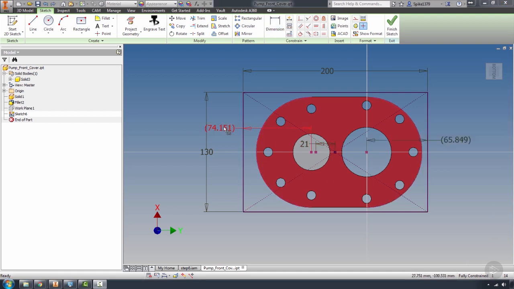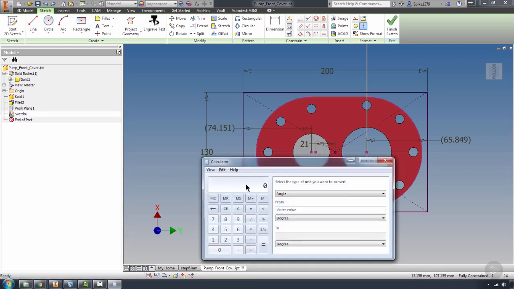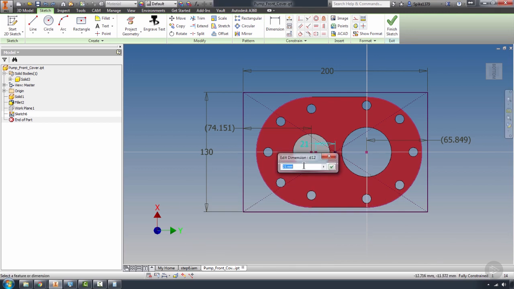So what I need to do is figure out the difference between these two arcs and then just subtract that from the 21 millimeters. So what I'm going to go ahead and do is quickly just pull up my calculator here. And we're going to do the 74.151 minus the 65.849. And we have the 8.302. Now we can take this, copy this information, close our calculator down, double click on our 21 millimeters, and subtract this number, Control V it,